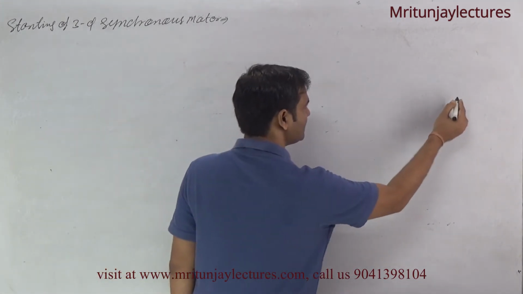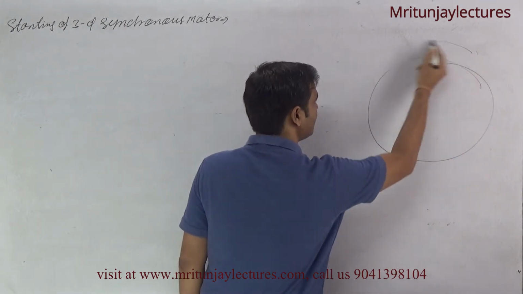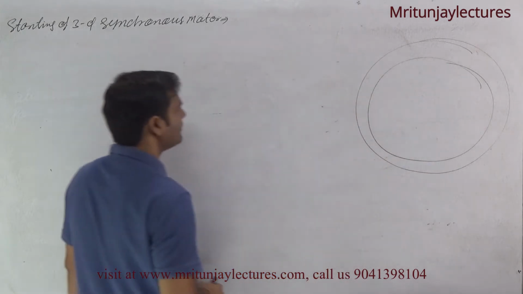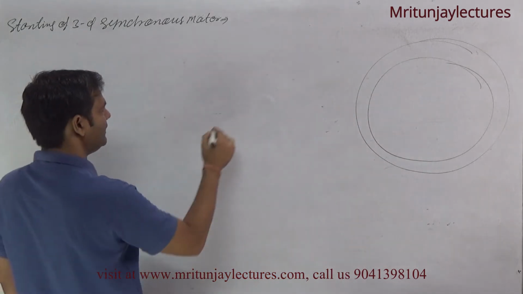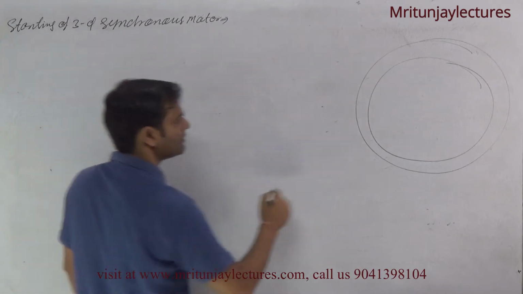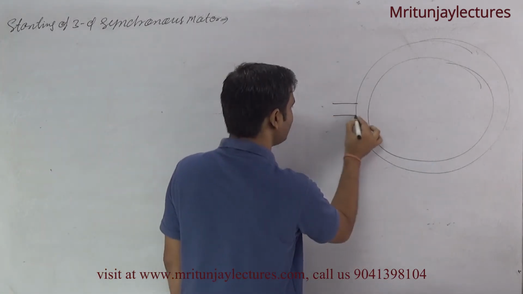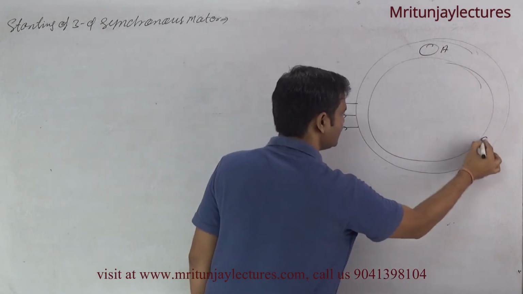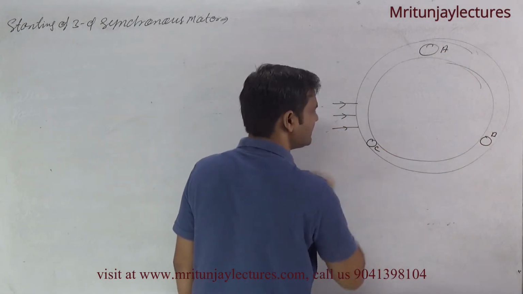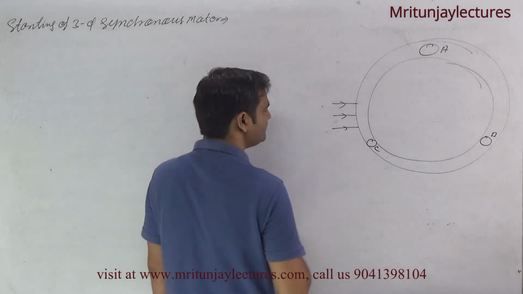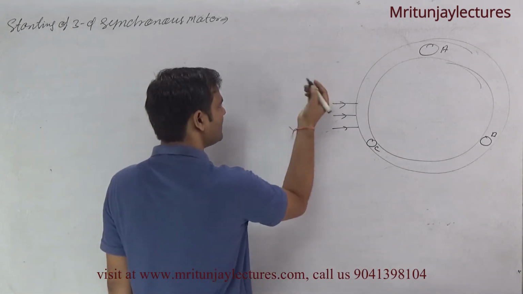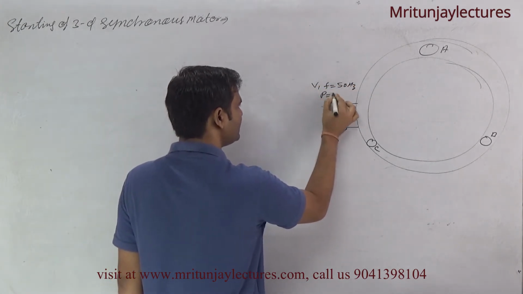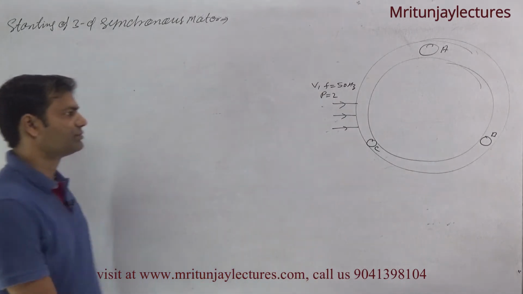First of all, make the stator like this one, for simplicity. And once again, if three-phase supply on stator, that is A, that is B, and that is C corresponding to this one. Now, if three-phase supply frequency is equal to 50 Hz, for simplicity take number of poles as 2.